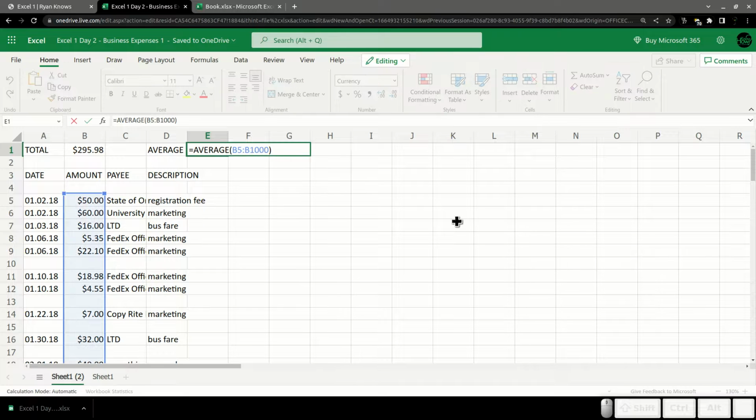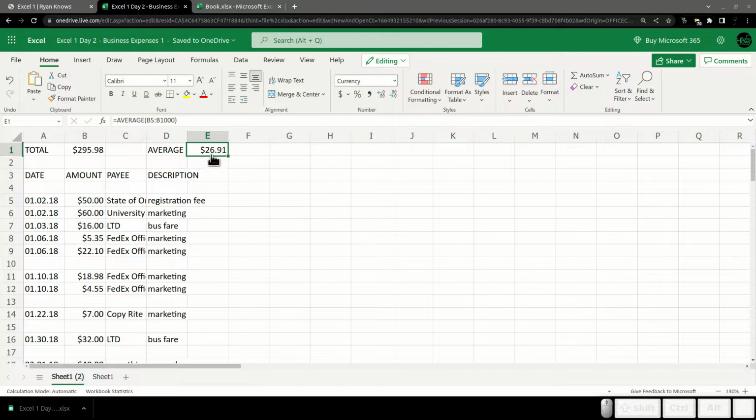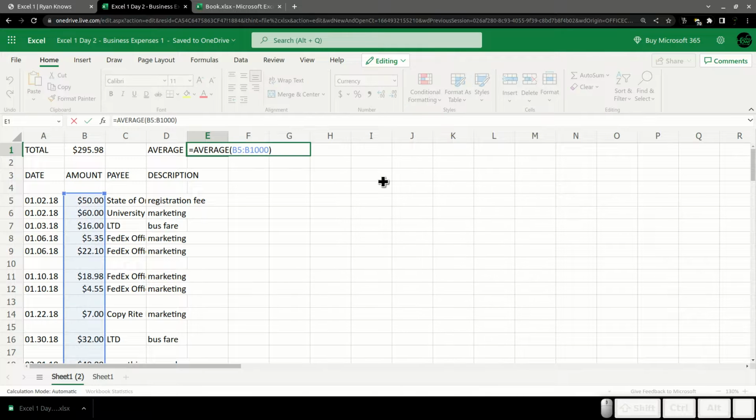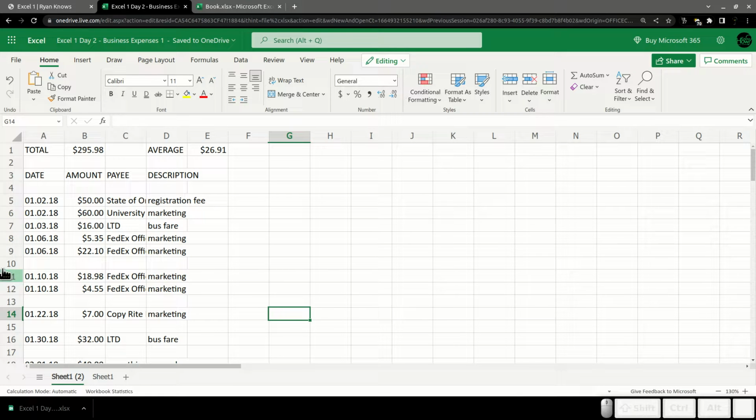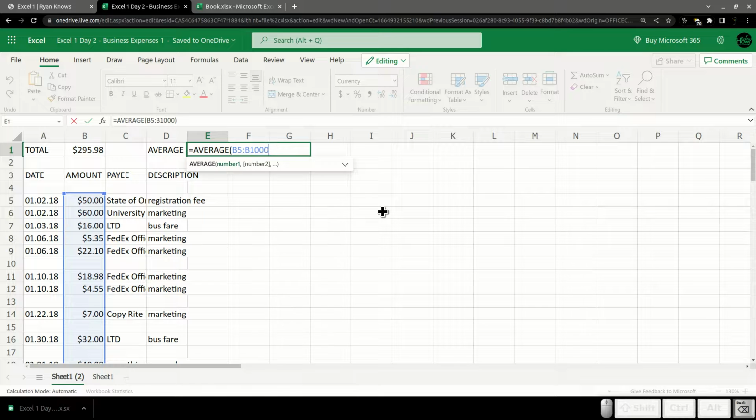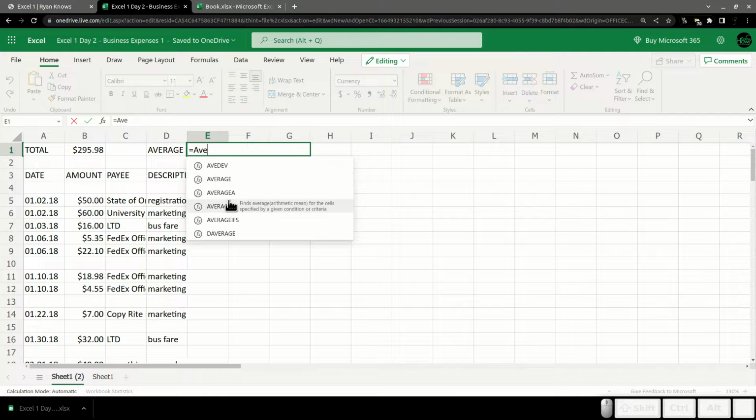So one thing we can do, we're like, okay, we have some data in here that is not relevant. So I have those. One thing we could do is just go in and delete all of the empty rows. When I made this, the rows separated weeks, and so they were useful to me, and I don't want to do that. It's laid out in this way for a particular reason. So instead what we can do is go in here, and instead of average equals AVE, I'm going to select this one, which is average if.